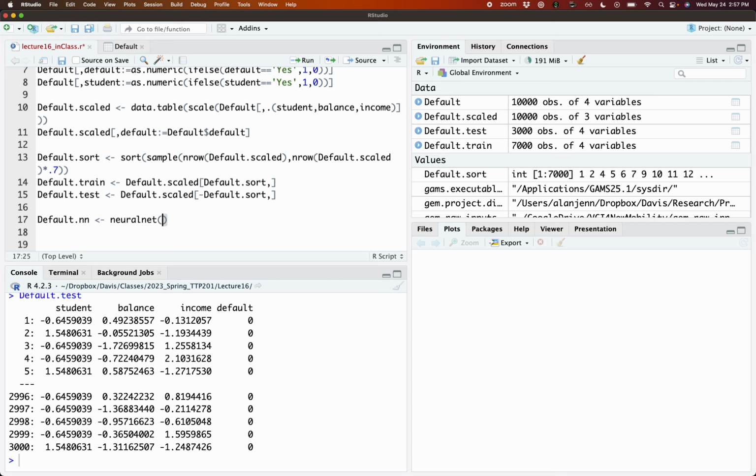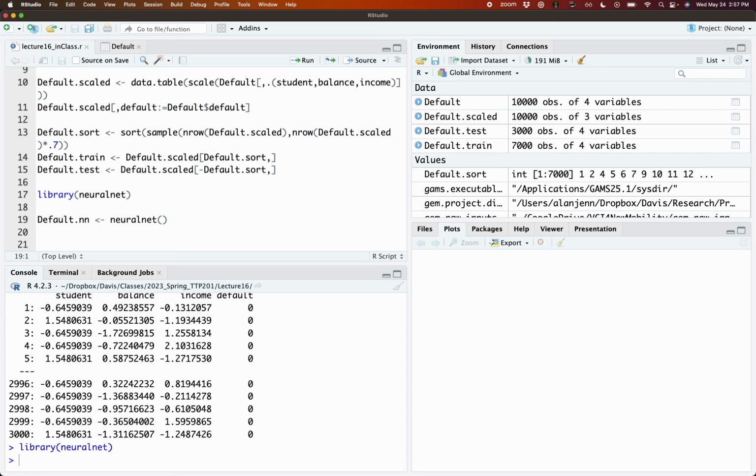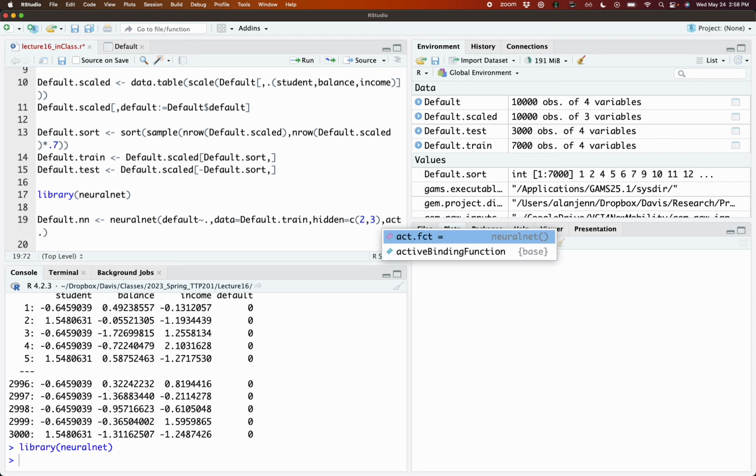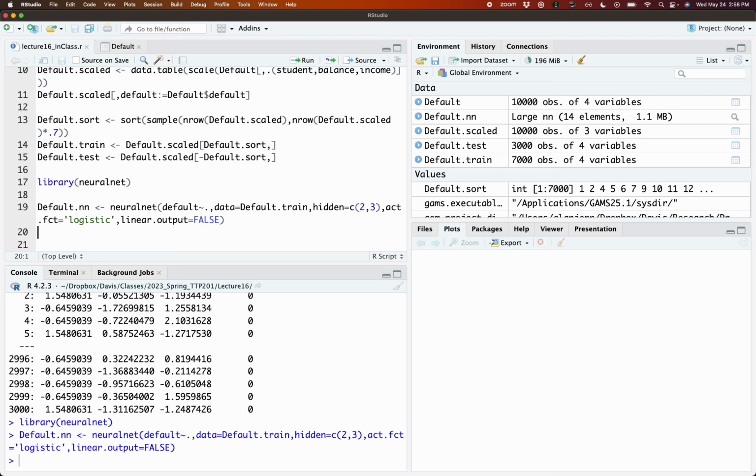Okay, so I need to load in this guy, neural net. This uses the function called neural net, defaults. I'm going to use my training data as my data input. One of the parameters of the function specifies the number of hidden nodes. So it'll be 2 and 3 as the number of nodes in the layers. And I'm going to use a logistic activation function. And my output is not going to be linear. So I can run this, let it go,